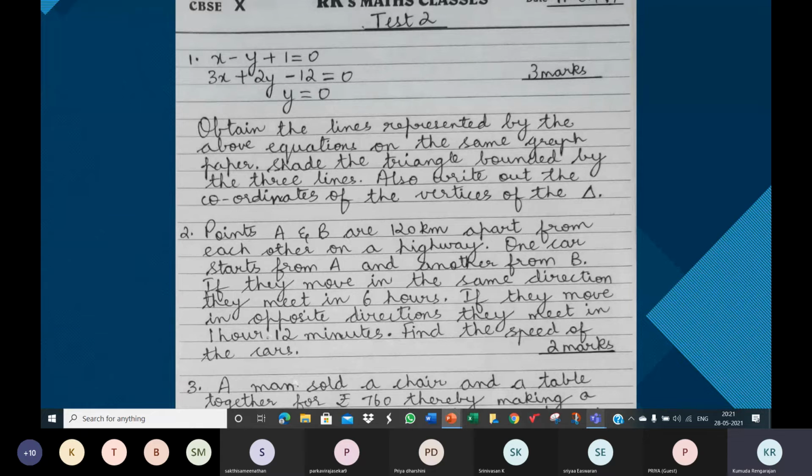Does the point 6, 7 lie on the first line? No, ma'am. Yes, ma'am. You should extend your line, children. Please extend. It's a line, not a line segment. So you can be very liberal. You can pull the line on both the sides and then answer this question. Does the point 6, 7 lie on the graph of this equation?